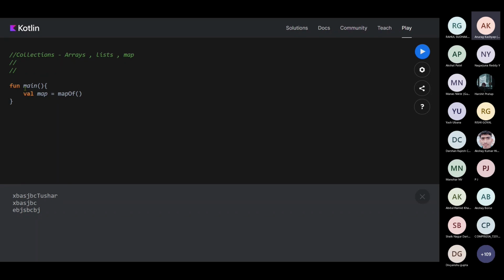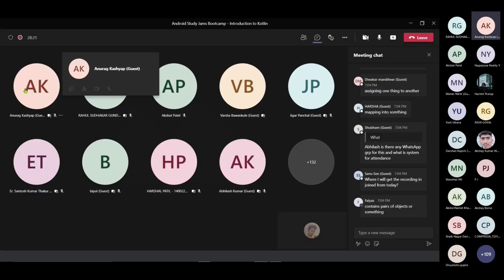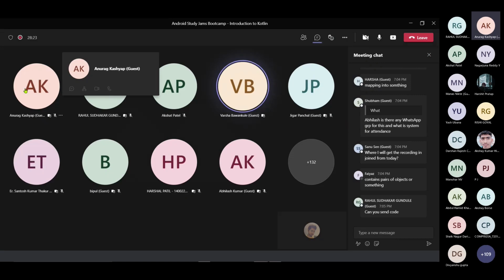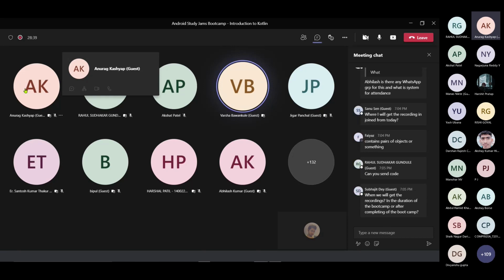Swapping. What do you mean? In C or C++, we use swapping, like A equals B, then B equals C. That's the swapping function. You're talking about swapping, right? We are assigning the value of A to B. So it's not like that. Over here, we are just relating the values.